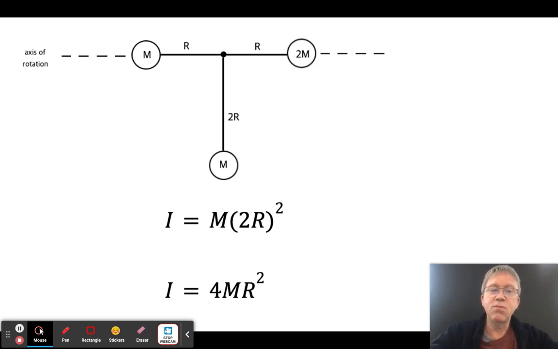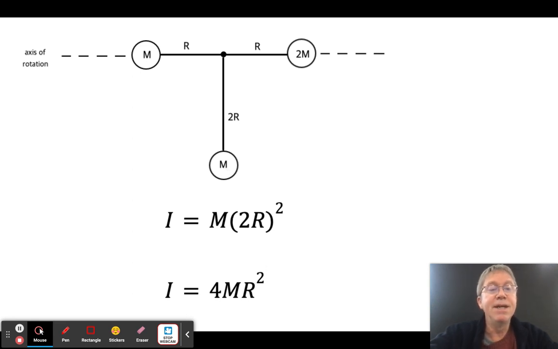They will often be asked, well, what if we move the axis of rotation? So this is no longer the axis of rotation. So instead of this going around this way in the plane of the screen, now this is my axis of rotation. It's passing through these two objects and now is rotating in and out of the screen. So really, these ones are remaining stationary essentially, and this one in mass is coming in and